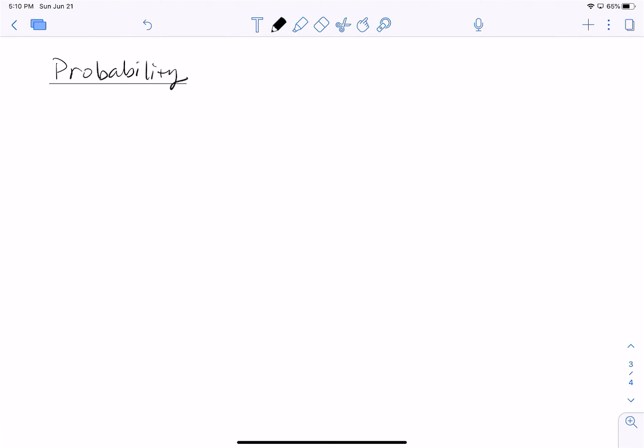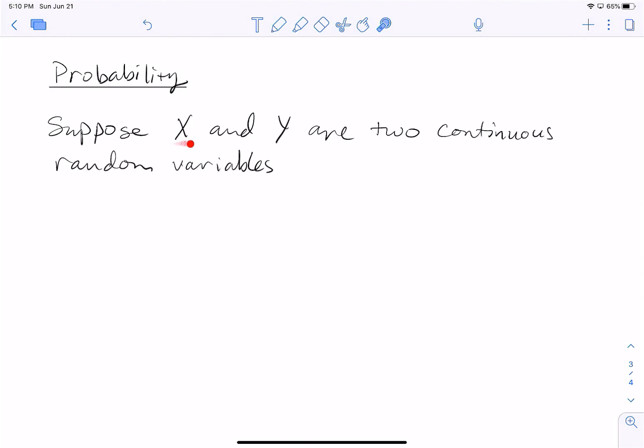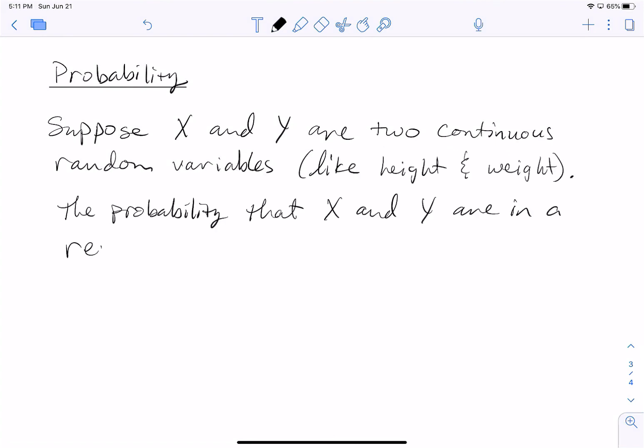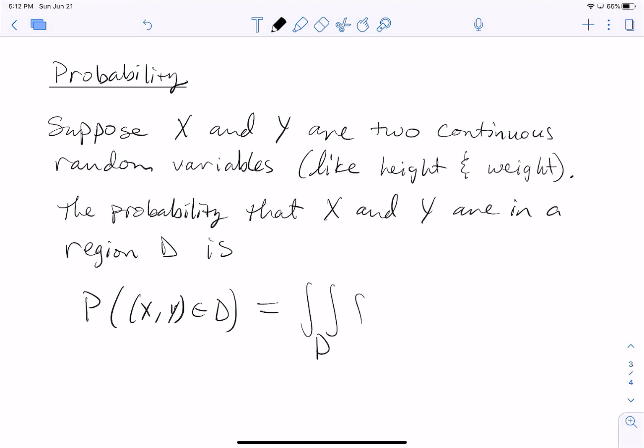Moving away from physical applications, we're going to see how double integrals are related to probability. Suppose that we have two variables, uppercase X and uppercase Y, that are continuous random variables, like height and weight. Then the probability that (X, Y) is in a region D, denoted P((X, Y) in D), is given by the double integral over D of f(x, y) dA,